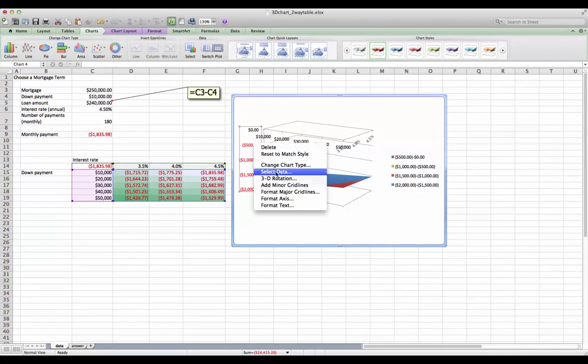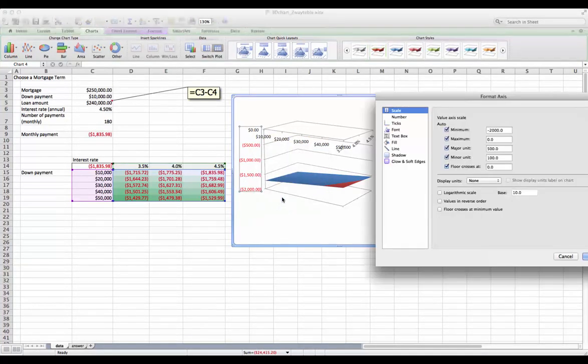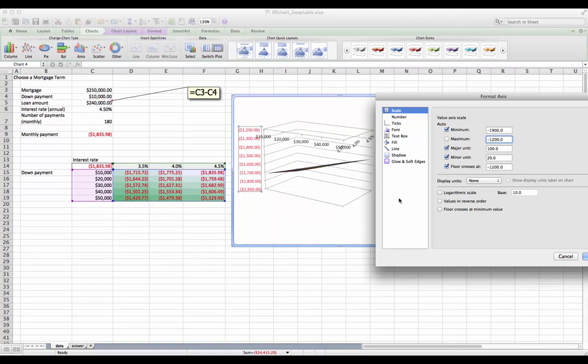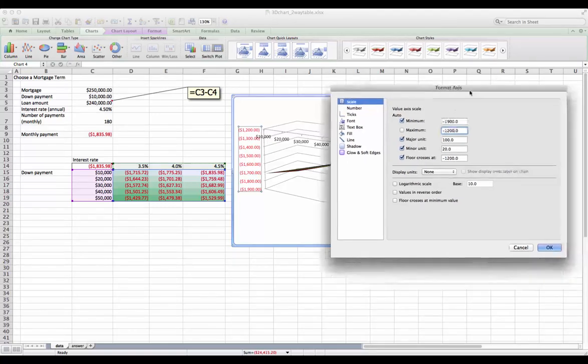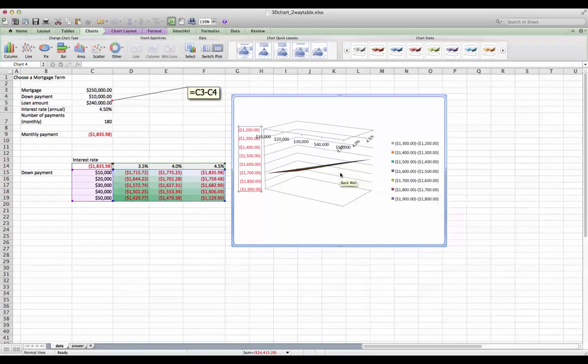So let's right click on format axis, and the minimum is negative 2000. The maximum, instead of 0, with the data I can safely say negative 1200, or you can say 1400 or 1300. They are fine. Alright, so I'm going to click OK, and now you can see the trend is pretty clear,